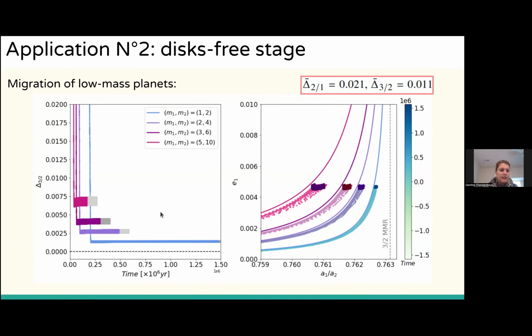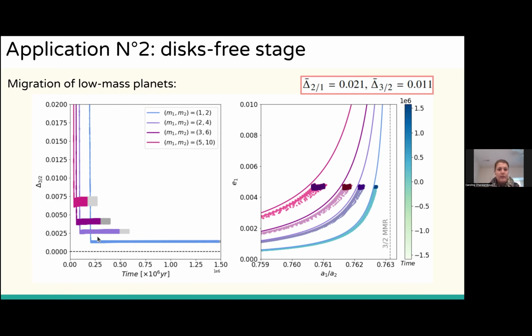What we get is that the planets migrate until they reach the commensurability, as I show right here, and you see that the planets come near the mean motion, and they continue to migrate